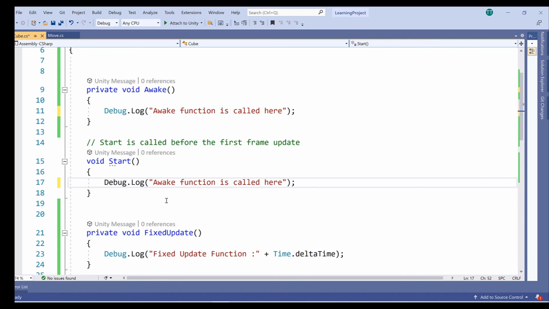Let me copy this line of code for a quick action. This time we will just update this to "Start function is called here." So if I save it,